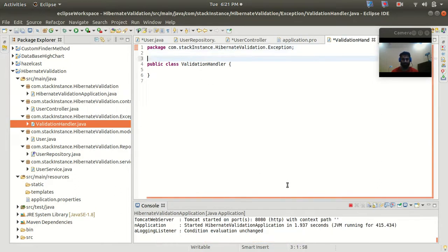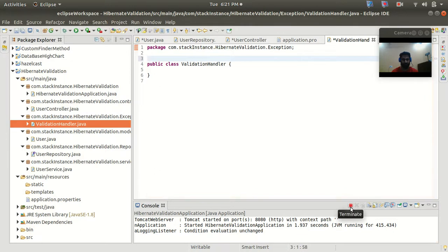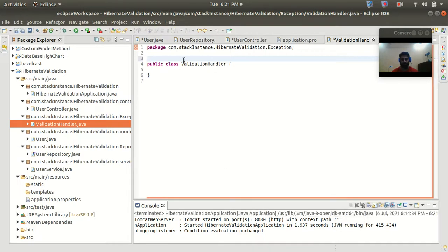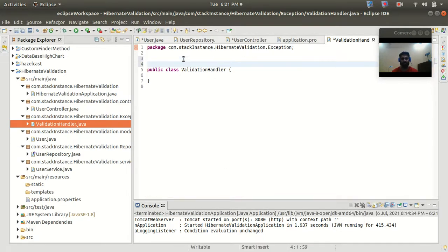Let me stop the server, otherwise it will get restarted as I save, because we are using Spring DevTools. So here we have created the validation handler class,